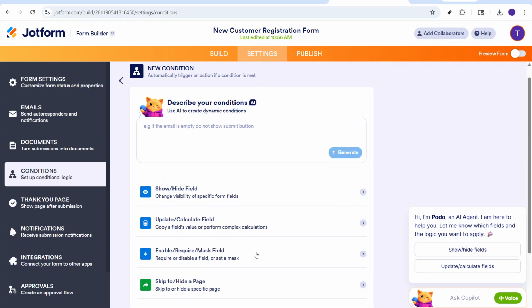Take your time to consider which conditions will best serve the purpose of your form. And remember, once these